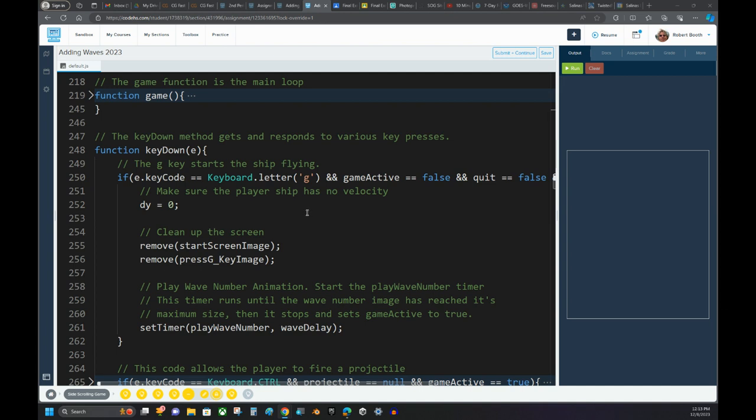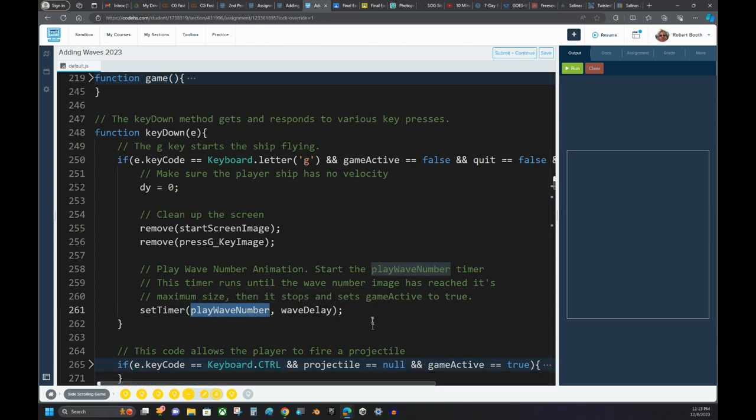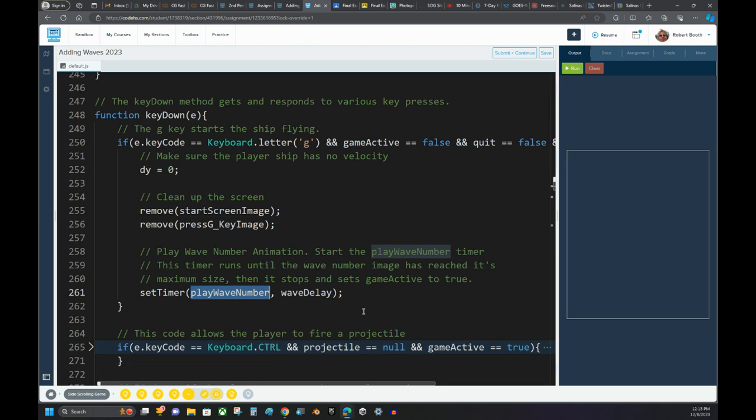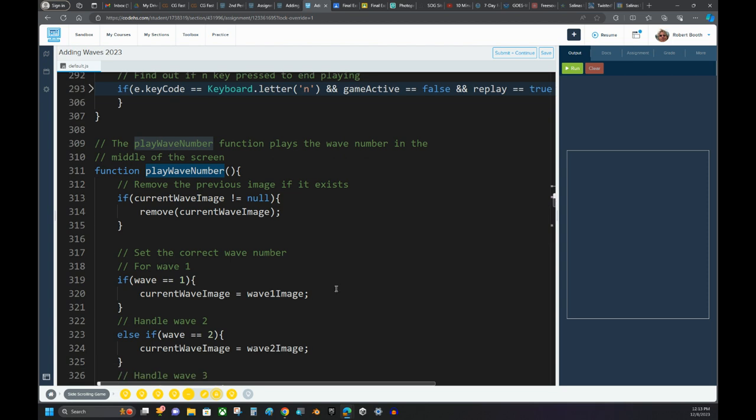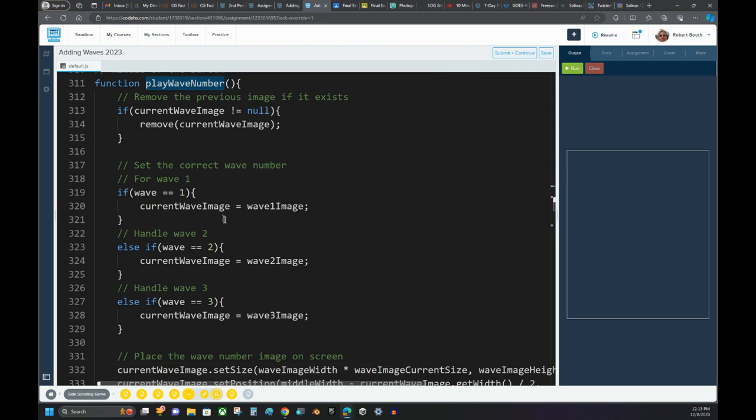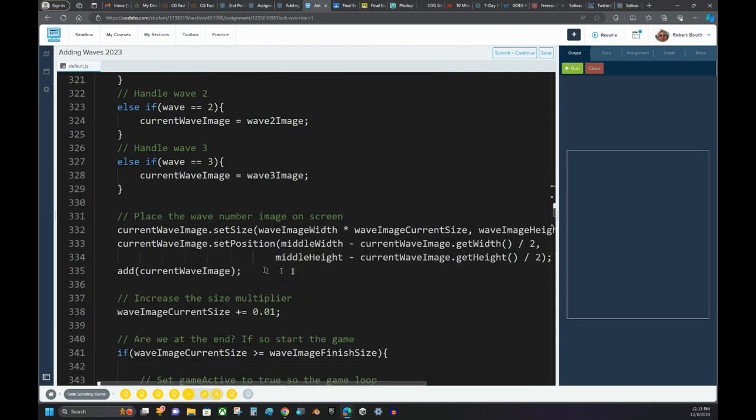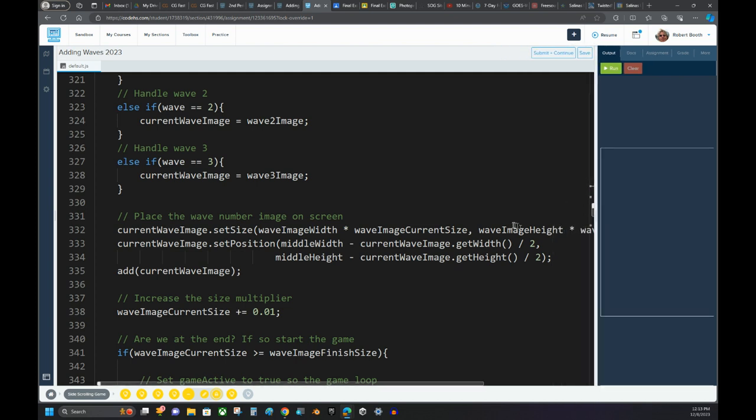We moved that down to the play wave number function, and we added playing the wave number, getting the timer turned on. Now, the play wave number function right here, it's operated by the play wave number timer. It'll run for a certain amount of time. And here we remove the previous image if it exists. We make sure we get the correct image depending on what wave we're on. We add the image to the screen, and